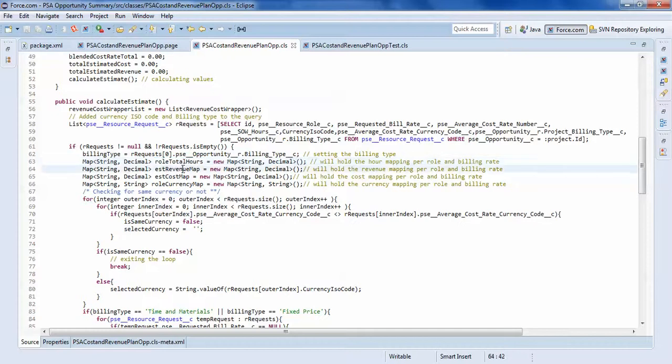So this is estimated revenue, this will hold the role plus revenue, this is the cost, and this is the role currency map. The role currency map is used to populate the currency value on the row.